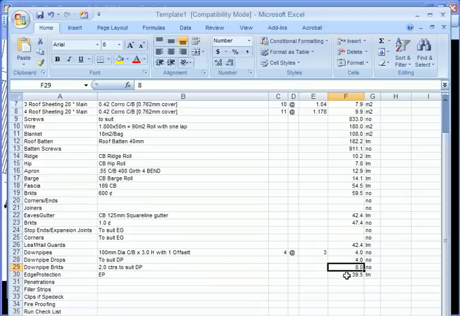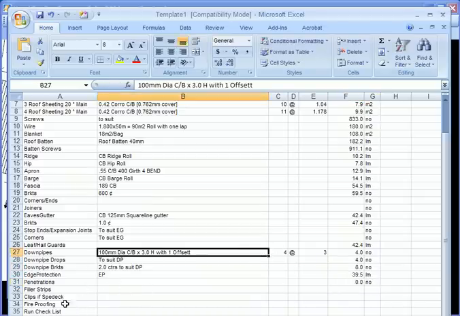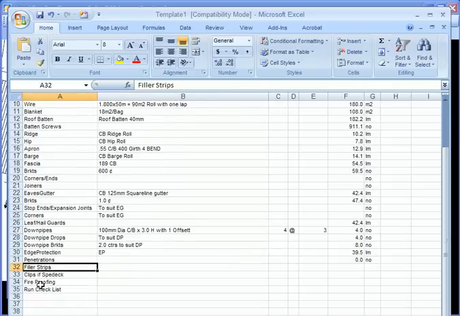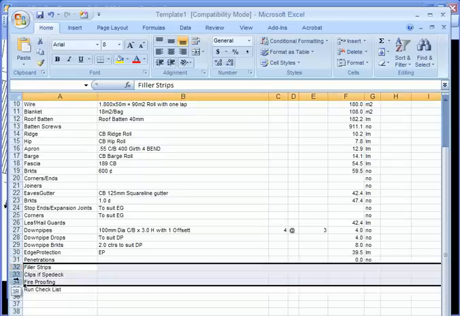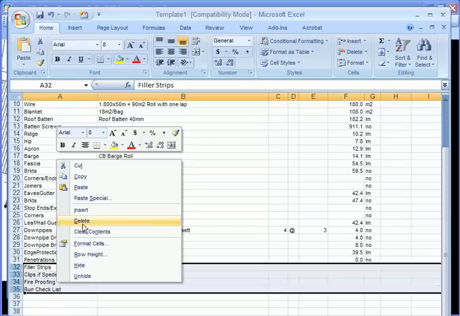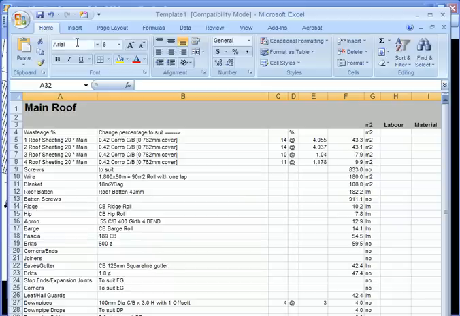Let's put the edge protection in, and there's a couple of reminders there, so there's no penetration, so it's a matter of putting no, and there's no filler strips needed, it's no speed deck, so we don't need clips. It's not a duplex, so we don't need no firewall, insulation, and just a reminder to do your check. You can delete all that and save that